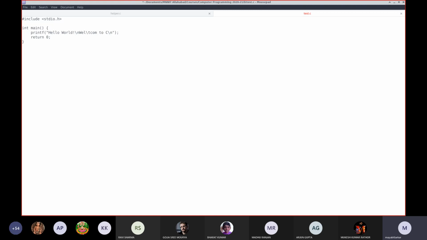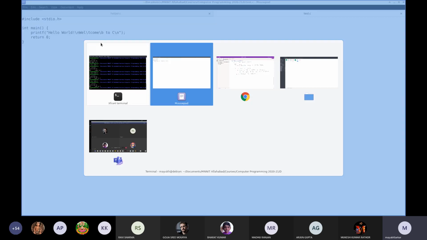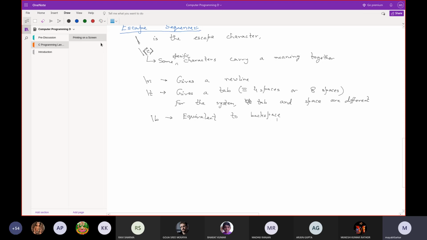E will be deleted, right? So if I provide the backspace here, you'll see that the E is not there anymore. This /b has acted like a backspace and it has removed this character E. Though this is not commonly used.